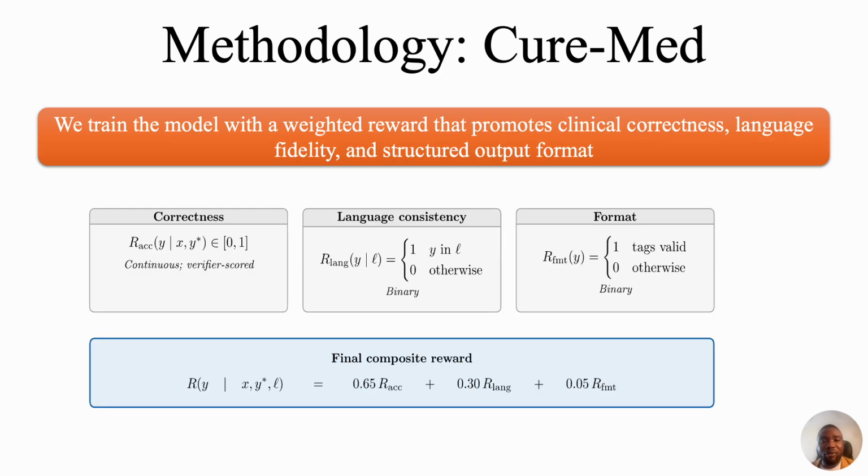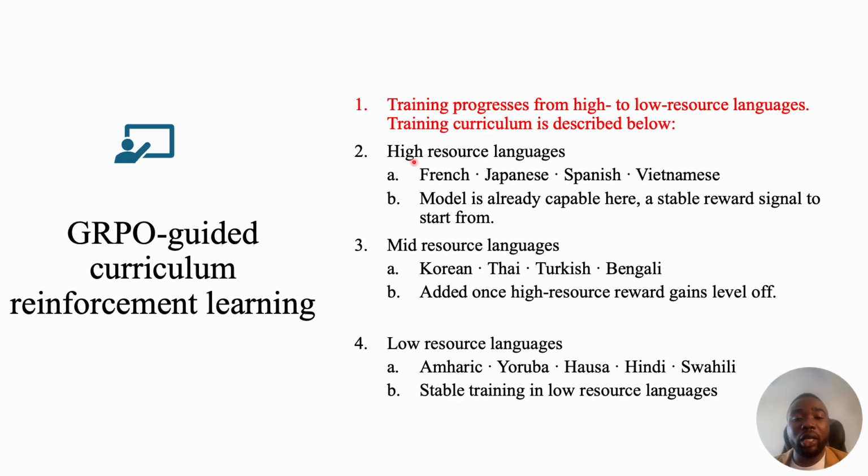After the supervised fine-tuning stage, we moved on to the reward, that's the reinforcement learning stage, where we considered correctness, language consistency, and correct answer format. Our training for the curriculum reinforcement learning is in 3 stages. We first train on high-resource languages where models are able to easily answer questions. Then we move to mid-resource languages and then low-resource languages. That is, we moved in accordance to linguistic difficulty. The low-resource languages are very difficult for the models, so we use them last.